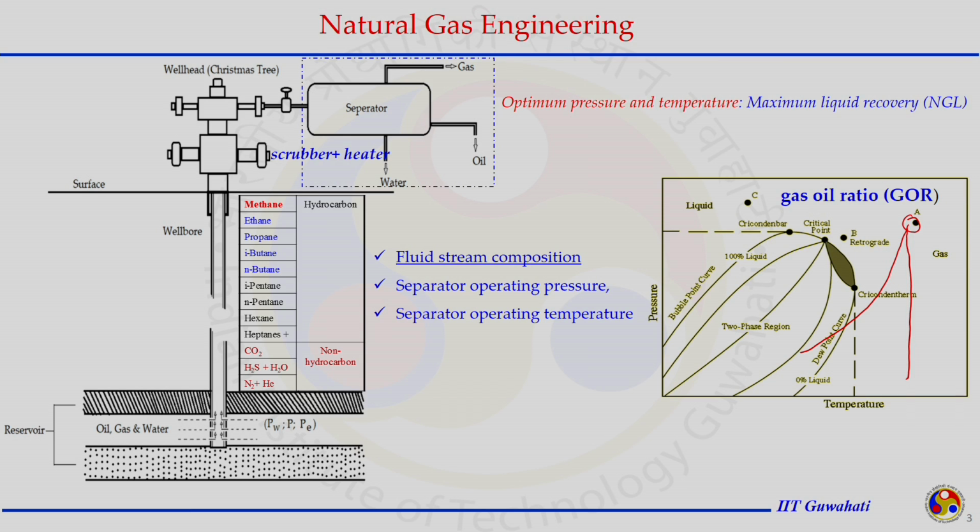When natural gas is being produced, it may contain oil, water, solid particles along with the gaseous composition. Before the separator, a scrubber or heater combination can be used, because after the choke, pressure drop will happen, and hydrate may get formed; that is why it can be heated. We cannot heat the entire separator if the pressure drop is happening directly at the separator. Before that, we have a device called a scrubber, where the solid particles are removed, and whatever temperature drop is happening because of sudden pressure change or the Joule-Thomson effect, the section is being heated to maintain the temperature.